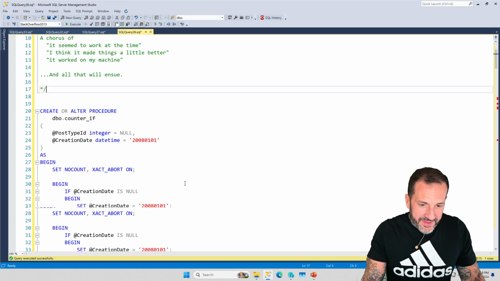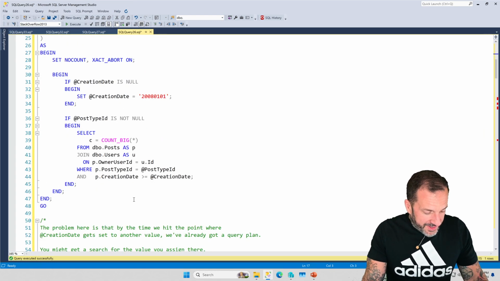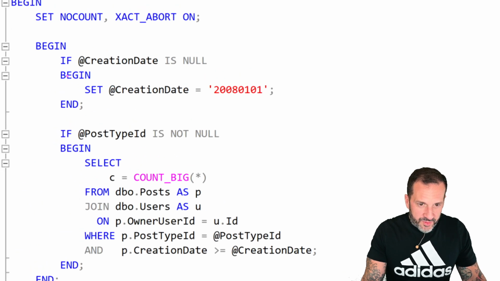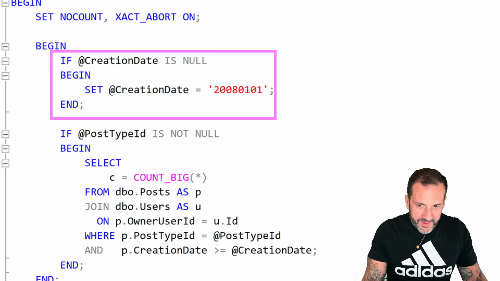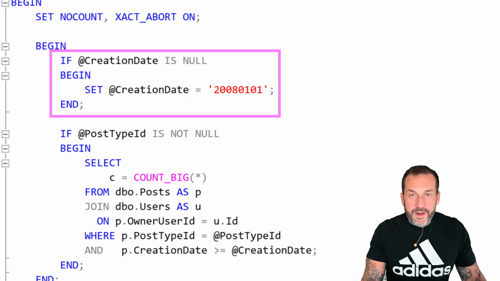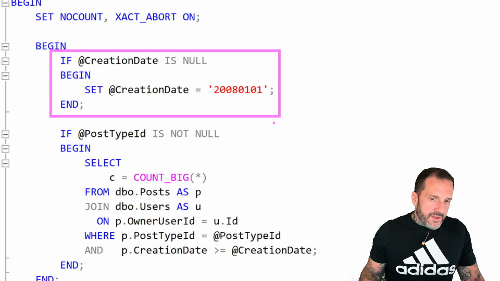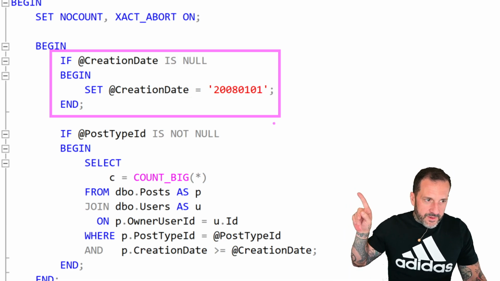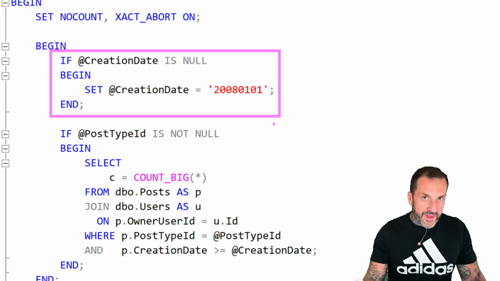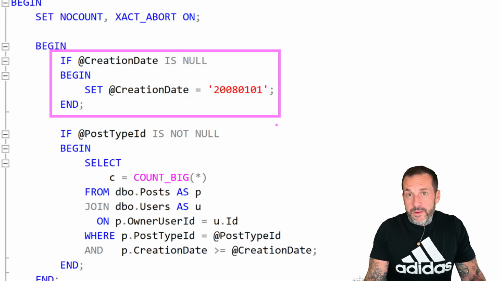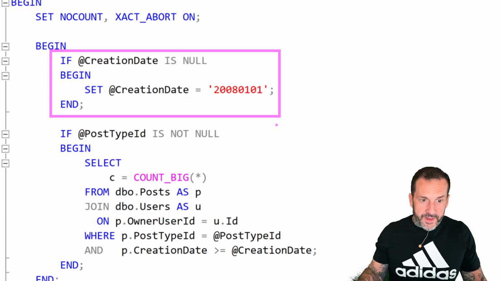Anyway, one thing that I see a lot of people do is try to intervene inside of a stored procedure and do something with it to right a wrong. Now, I want you to notice that I'm saying if creation date is null, we're going to set creation date equal to 2008-0101, right? We're just going to give it a canary value so that we find something.